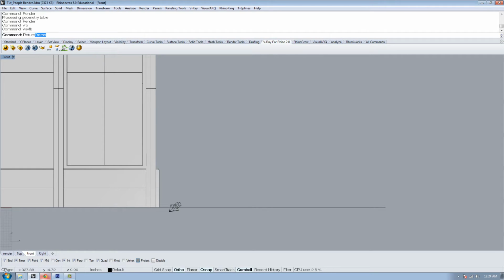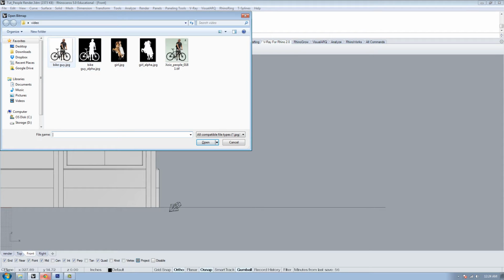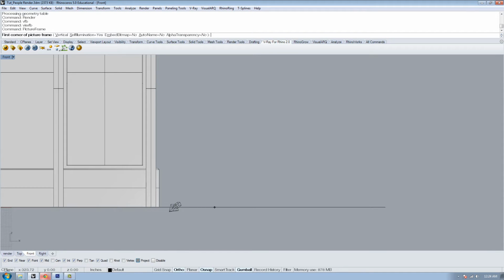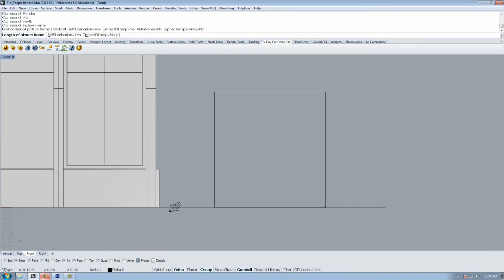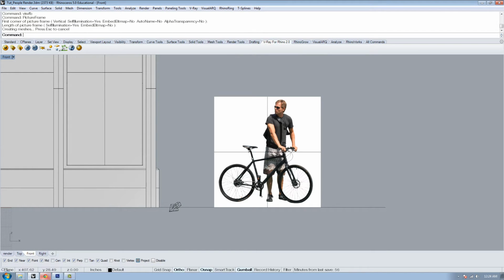So go ahead and type picture frame. We'll bring the guy in, and then we're going to stretch our image out just an arbitrary amount. So there's excess around this guy. There's room under his tire and there's room above his head. So what we need to try and focus on is making sure that his head from his feet is whatever height we determine. I will determine that he is